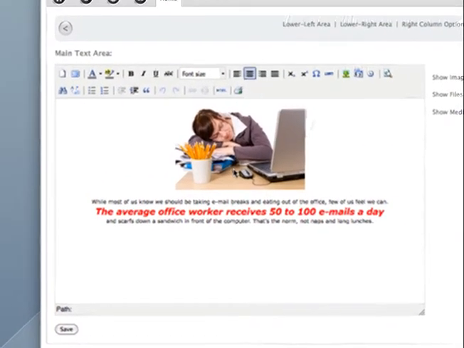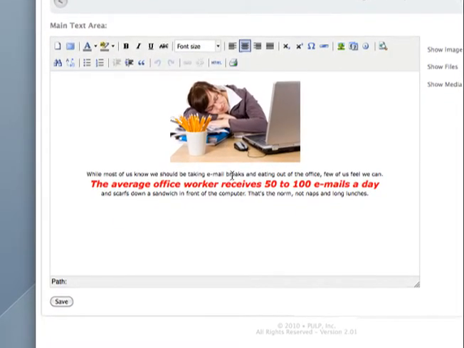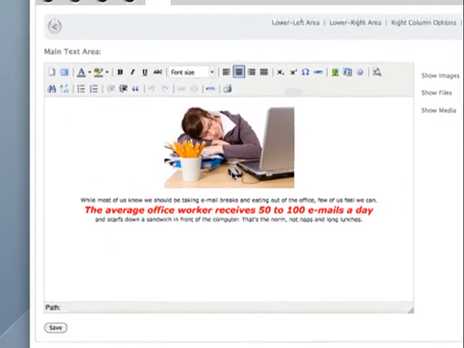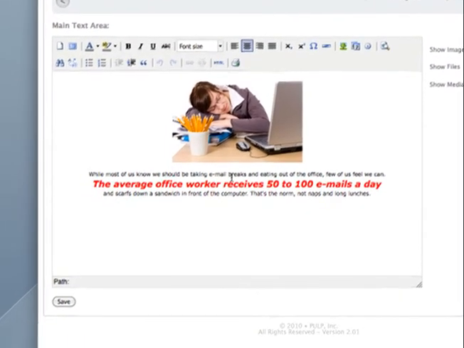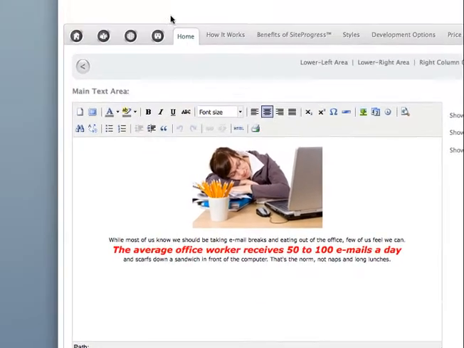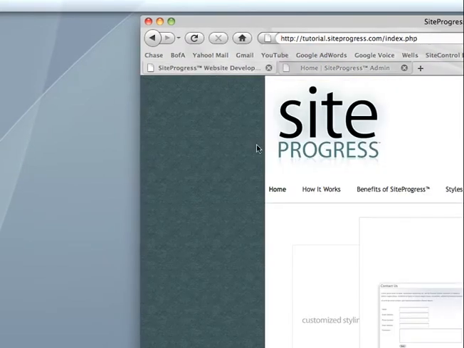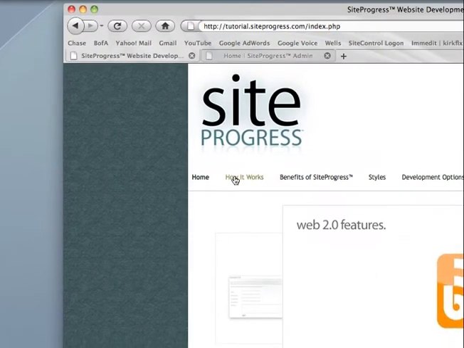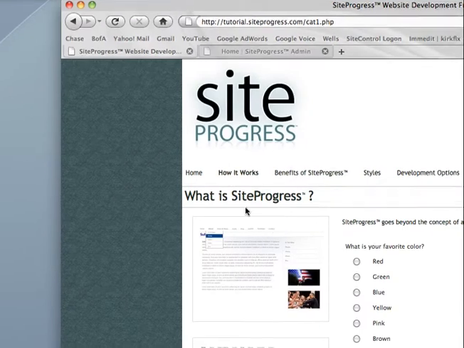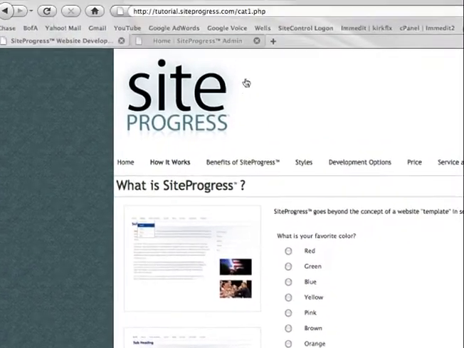Probably the other most common thing that you'll do is create links with your text, or you can create links to images, either to other pages on your website or external websites. So let me show you how you do that really quickly. Let's say we're going to link to another page on our site. So we'll go to the second page here on the website, this How It Works page, and this is another sample page. And what I need is the file name for this page, and I can find that up here